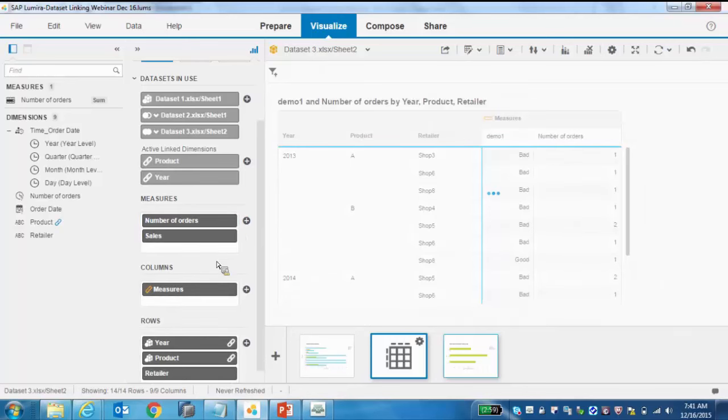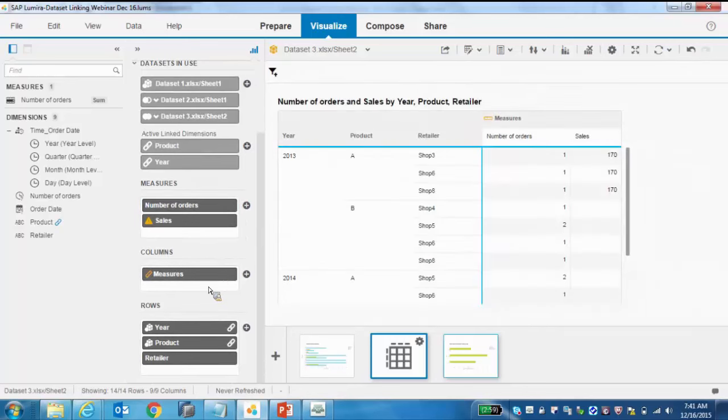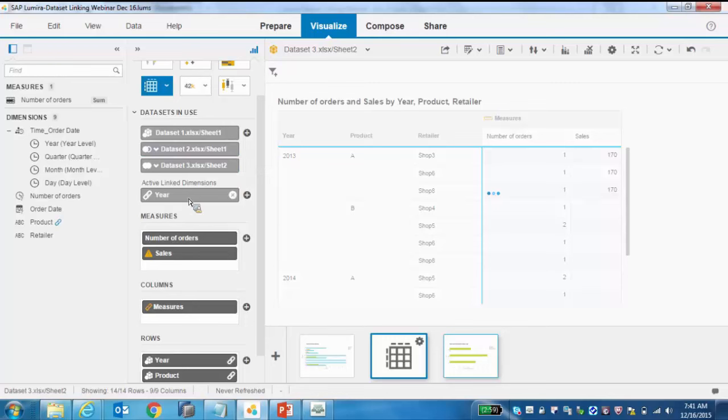Remove demo. We're showing year, product, and retailer, and again you see that warning that sales cannot be broken down and it's getting a duplicate value. Now if I remove product from my active link dimensions and say only link on year between those two data sets,